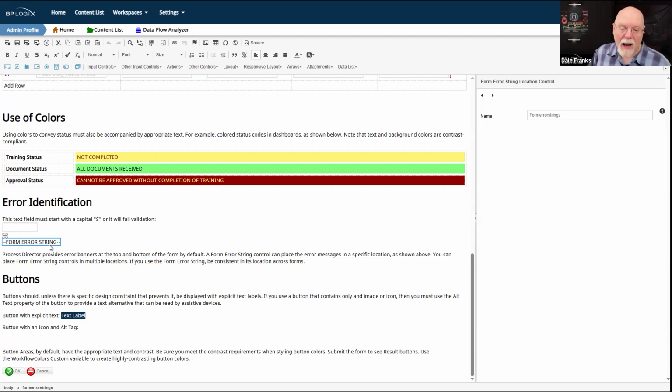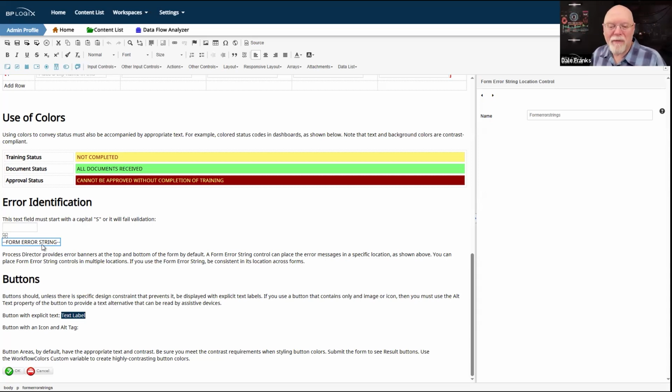So in this case, I have co-located the error string with the control itself. That's okay, but you should probably have top and bottom error messages as well. The purpose of the form error string is to allow you to place additional error message locations on other spots on the page. Now, in this case, I've only got one form error string, so this is the only place on the page that the validation error messages will appear.